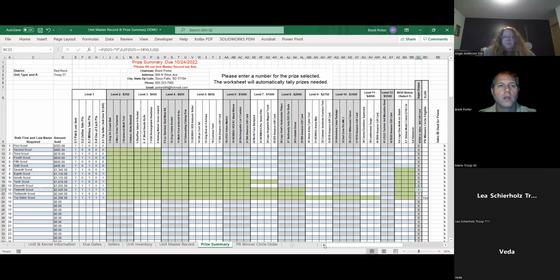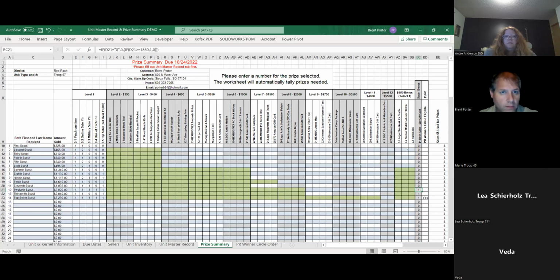Okay. So to help everybody, we've set it up this way. All of the cells that are highlighted green are prizes that scout has available to them. First scout sold $325 worth of popcorn. They're going to get the patch that they sold an item. They're going to get the online sales because they sold a couple of online sales. They're not going to get the military. They're not going to get the one of each. They didn't sell that. The first level is $350. They did not reach that, so they cannot pick a prize from there.